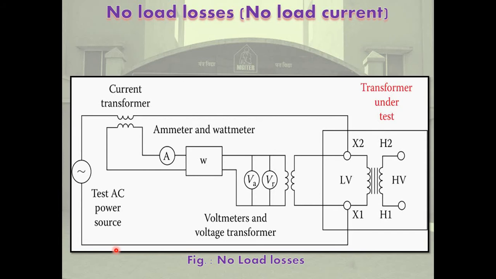Okay, this is the figure of no load losses. This is current transformer CT. This is ammeter, this is a wattmeter, this is a voltmeter. And this is a transformer under testing. This is X1 and X2 terminal, and this is H1 and H2 terminal, LV winding and HV winding. If the secondary winding is short circuited,